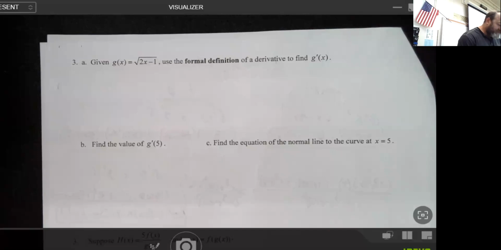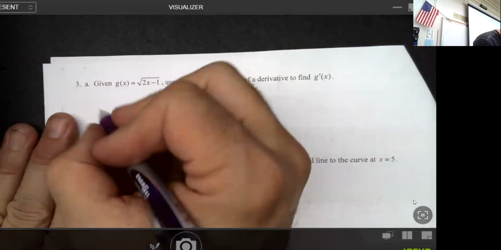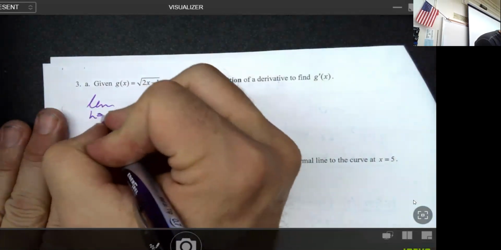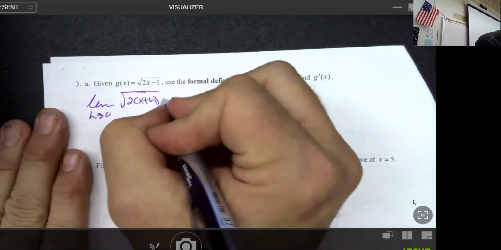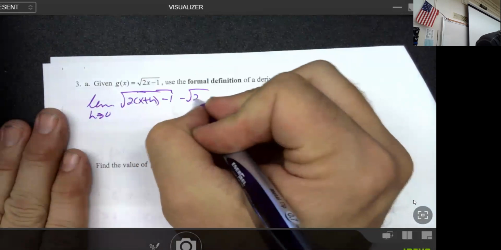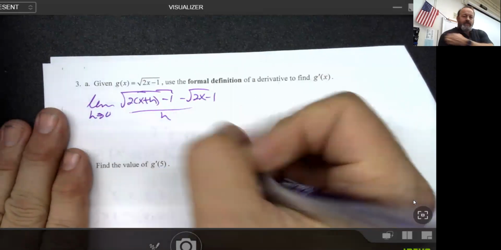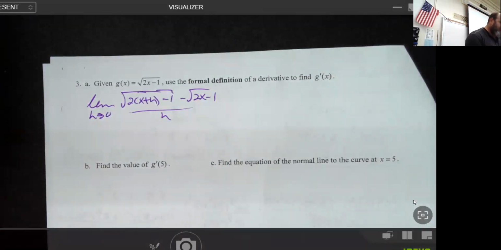Okay, picking back up at problem number 3. It is the last one that is the formal definition on this review. So again, the limit as h goes to 0. Here comes f of x plus h minus f of x itself all over h. Now, the silver bullet when it comes to dealing with any kind of